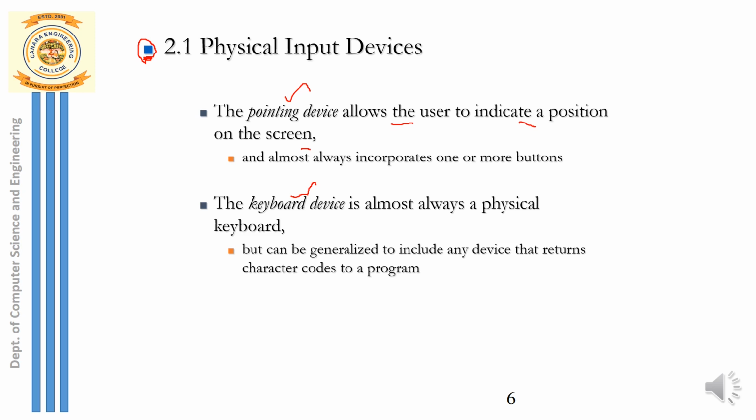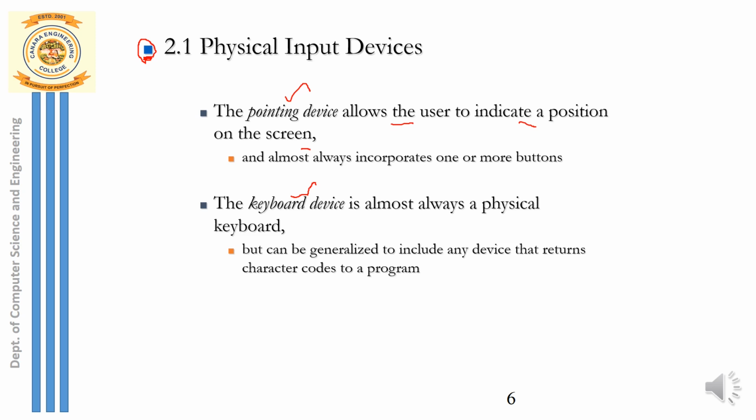So here that position is nothing but given by x coordinate and y coordinate. On what basis is that x coordinate and y coordinate chosen? It is chosen based on the origin that we have. Where is the origin here on the screen? Origin is at the top left corner here on the screen. So top left corner is origin.